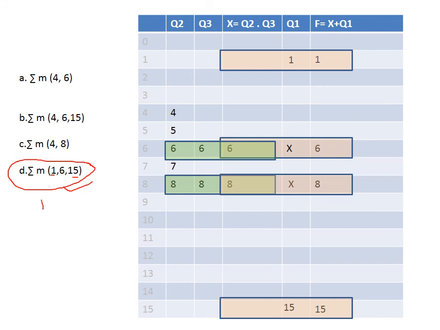Okay, so let's see this. If the answer was 1, 6, 8, 15, then also it was correct. If the answer was 1, 15, then also it was correct. 1, 6, 8, 15, then also it was a correct answer. Or 1, 8, 15, this is also a correct answer. Remember this, you just have to find the intersection when you are going for the AND operation, and union when you are going for the OR operation.